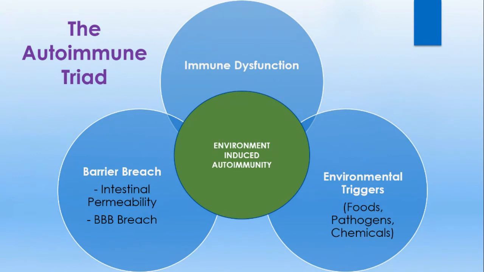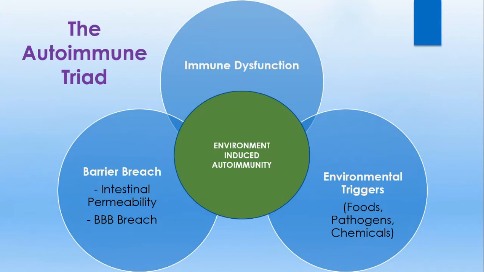And this is really three things that are believed to contribute to triggering and driving environmentally induced autoimmunity. Environmentally induced autoimmunity is just basically where things from the environment trigger the immune response that lead to the immune system attacking our tissues, and then the process of that either being initiated and/or being perpetuated or continued to be driven. So this model, what we're looking at is a Venn diagram.